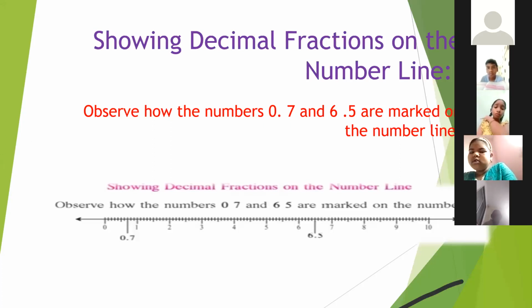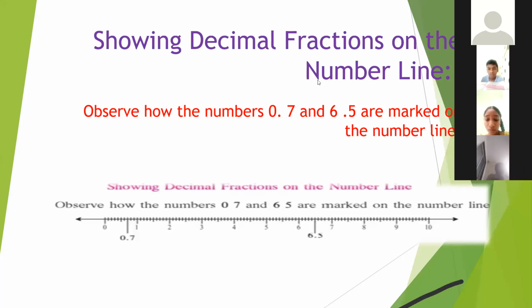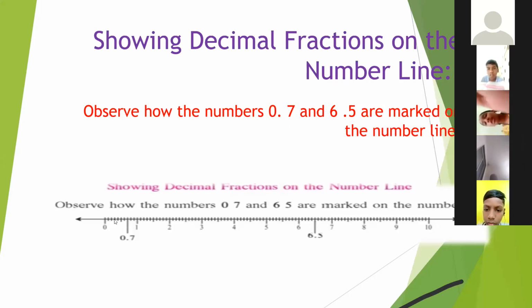Okay. So see here. How we will count this? Once again, I'm repeating here 0. This is 0.1. This is 0.2. This one is 0.3. This one is 0.4, 0.5, 0.6, and 0.7. Got it, student? Then thumbs up.